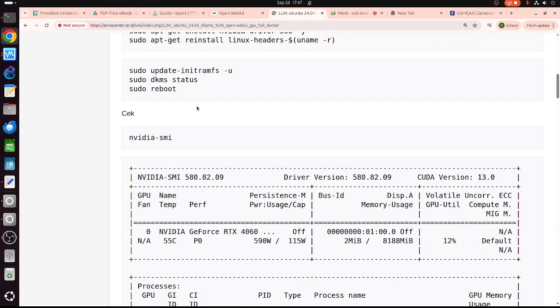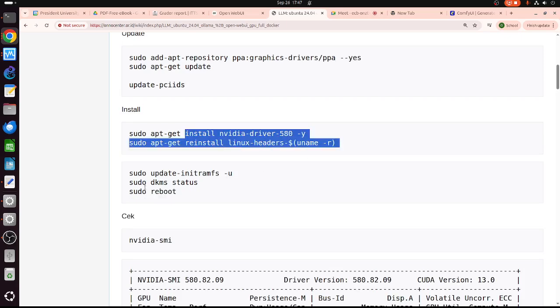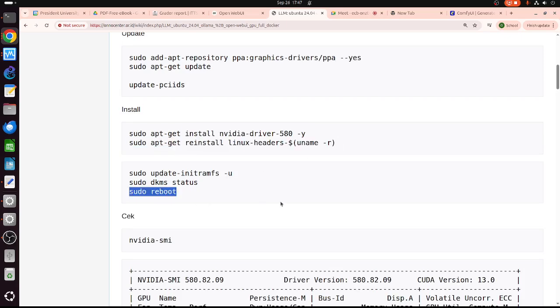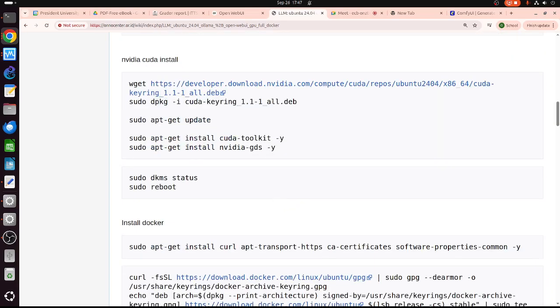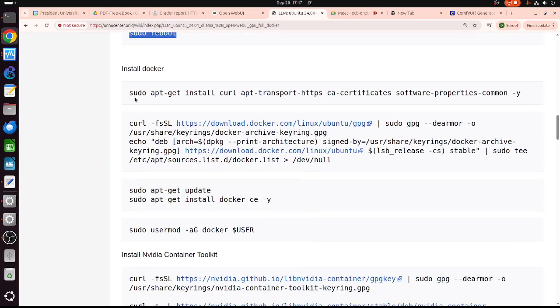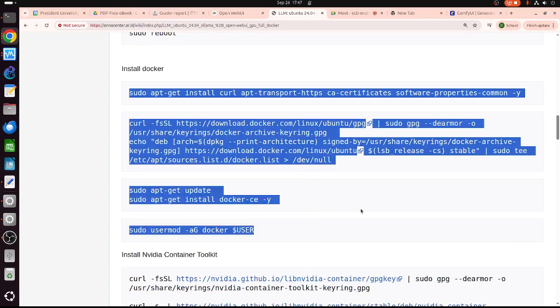You need to reboot after you install the NVIDIA driver, because it will integrate into the kernel, and then after we install CUDA, we need to reboot as well. So we need to reboot twice, and then we can install Ollama and the other stuff using